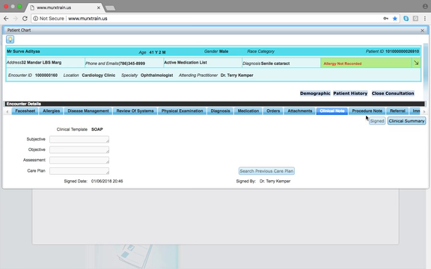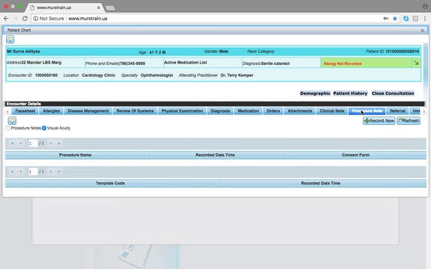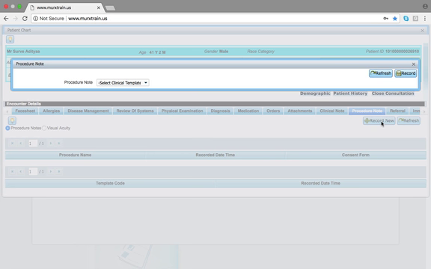To record procedure details carried out by the ophthalmologist, click on the procedure note tab next to the clinical note. Of the two options, select the procedure notes option. Click on the radio button to select the procedure notes option. Click on record new. In the window from the drop down list,